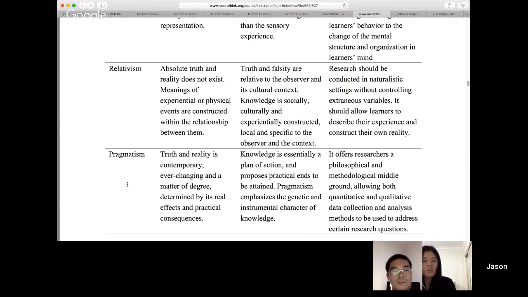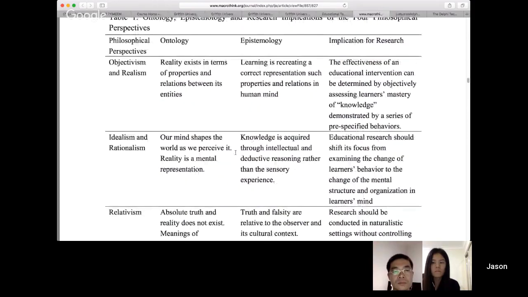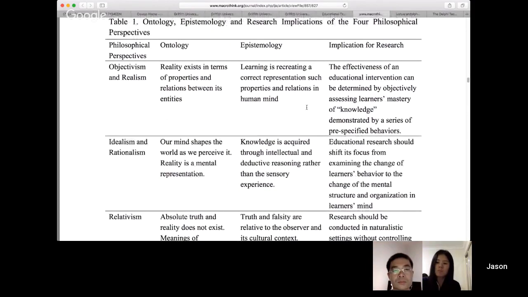Pragmatists believe that truth and reality are always changing, and that we can have a bit of influence on that change, but it could be different tomorrow than it is today. So measuring it and identifying the absolute truth today may not help us that much, because it could change in the future. So they're the main ones. They affect our epistemology, which is our understanding of how we learn and what learning is.